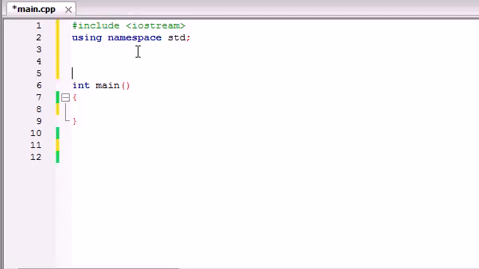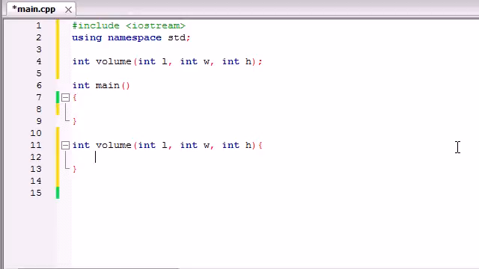So let me go ahead and we'll build a really basic function here just to demonstrate this point. So let's go ahead and calculate the volume of just something, a box or something. And so we have three arguments or three parameters: int length, int width, and int height. So we can go ahead and make this function right now. Go ahead and copy this, and under main, make sure you're not in main when you make this. Go ahead and paste it, and to calculate the volume, in case you don't know, it's just length times width times height. So now we can go ahead and call this function cout